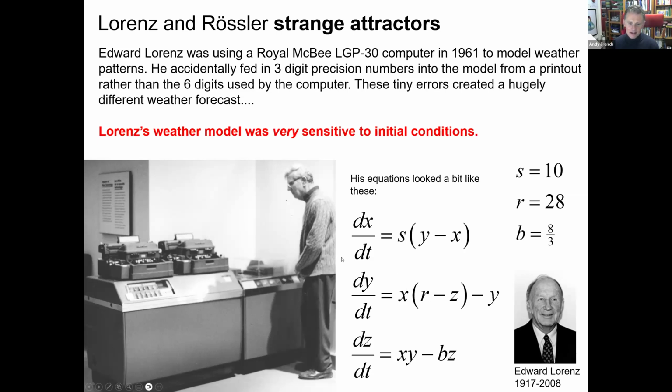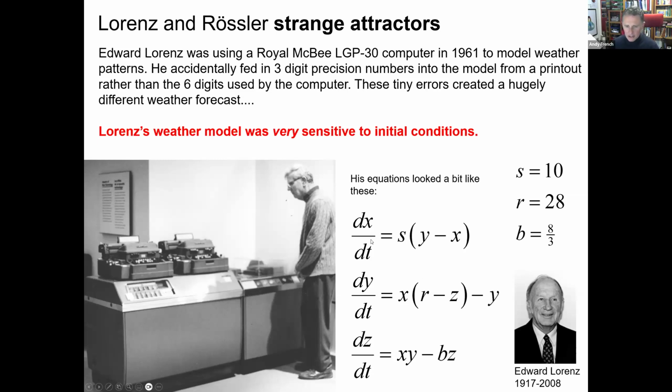And so he was basically doing something like this. Now, it's not really clear what X and Y and Z mean, but they are going to be related to pressure, temperature, etc. So essentially, he created a series of equations that looked a bit like this. And so we can think about an X, Y, Z space and how the weather parameters can be plotted as trajectories in X, Y, Z. And you can't use calculus to integrate these.